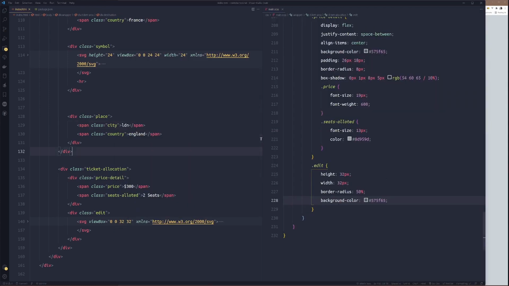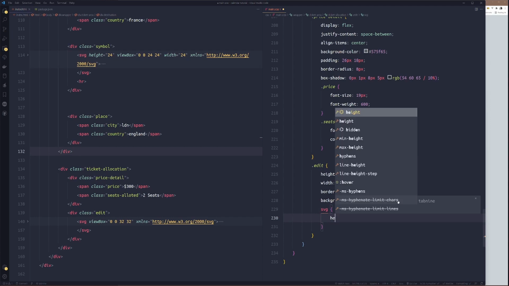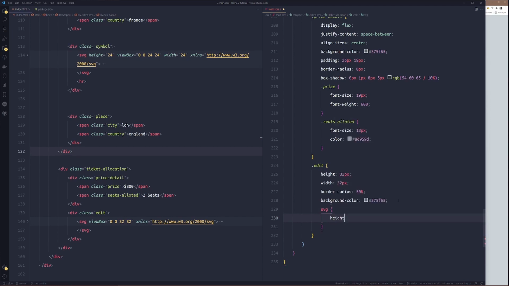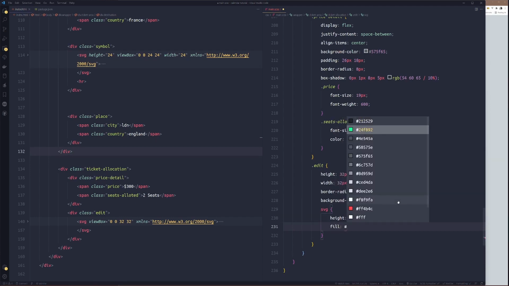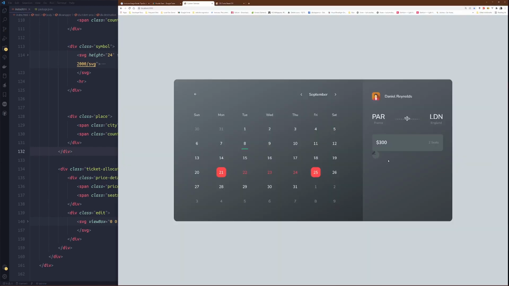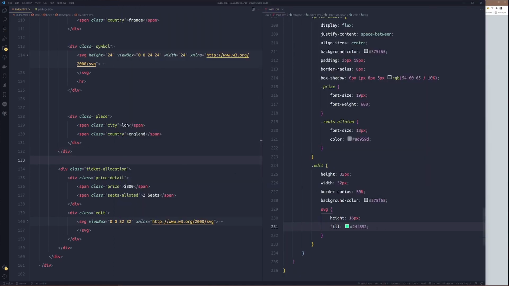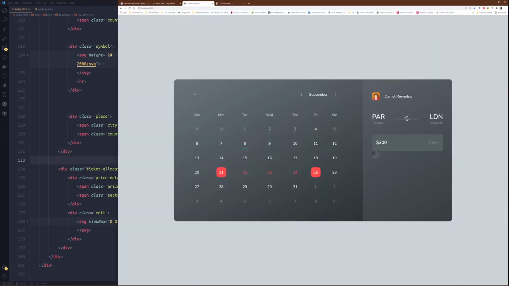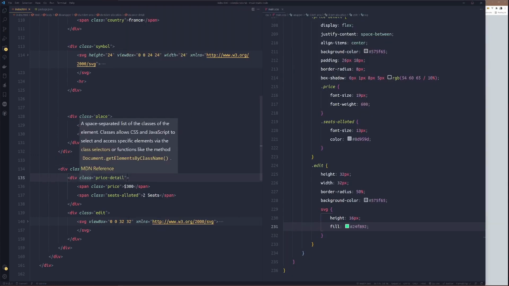Then for the SVG, we set the height to like 16 pixel, and the fill color will be ash 92. So why does the color never appear?